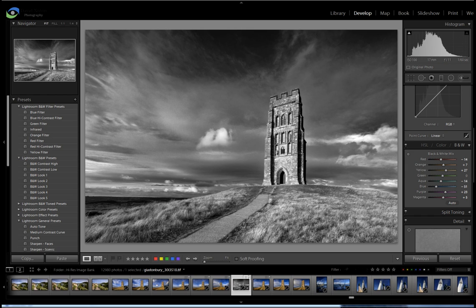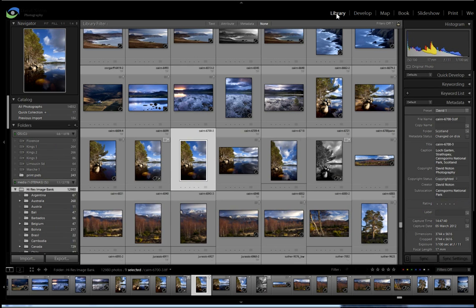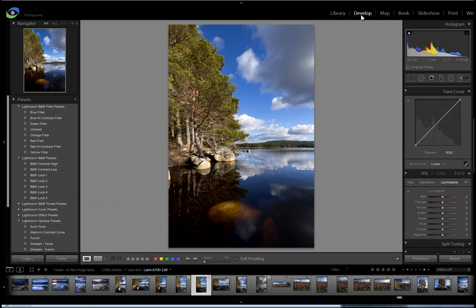Let's have a look at another example. So I've got this picture of the Cairngorms, and where is it actually? It's in the Cairngorms region. It's Loch Garten, Cairngorms National Park. Okay, and again, should I want to make a black and white image of this,